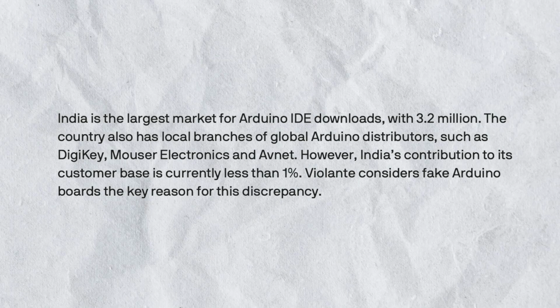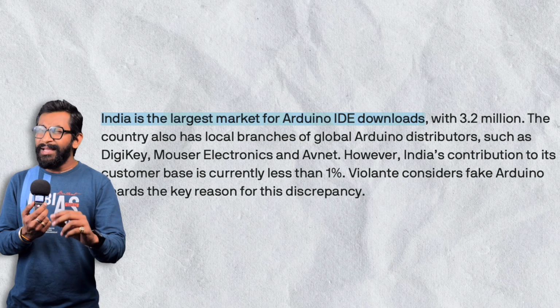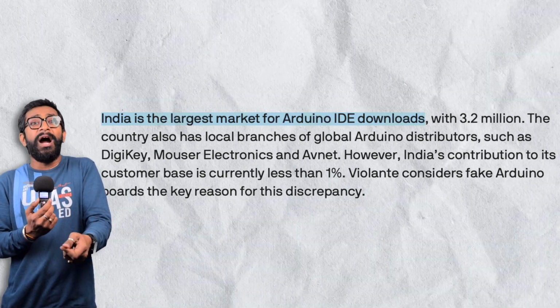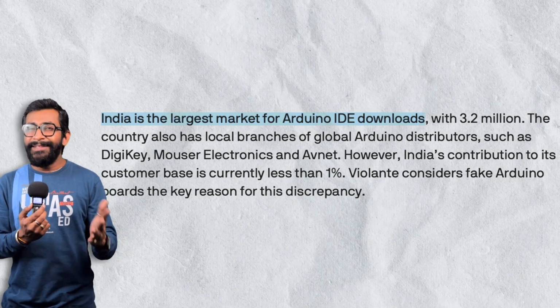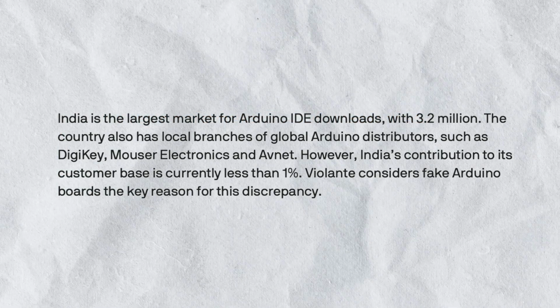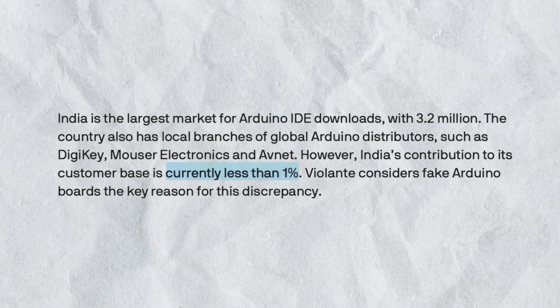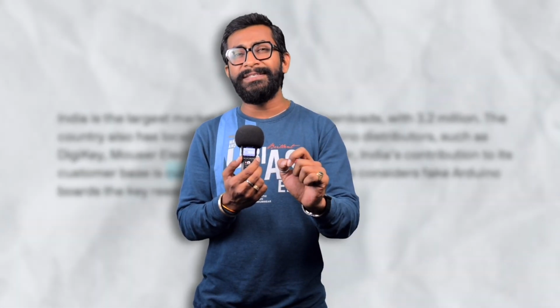Well, let me explain. As per the report, India is the largest market for Arduino IDE downloads, and based on this number, there should be a significant number of original Arduino boards being utilized, but the reality is totally different. Again, as per the data from the global Arduino distributors, Indian customers are not even 1% of it, as the total Arduino boards market is captured by the clone version due to one very simple reason, that is